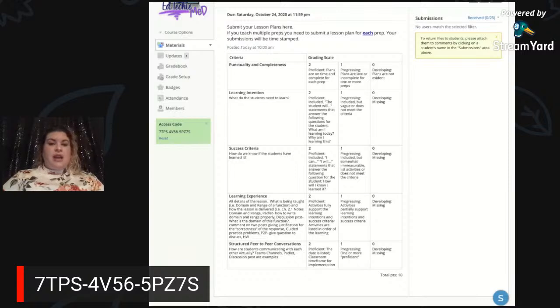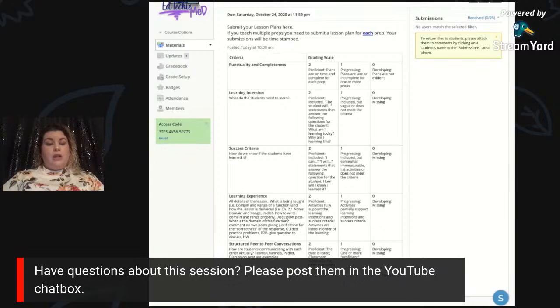Progressing is: it's stated, but it's kind of vague. It's not very clear, meaning that that might be something that needs to be visited within that PLC, or if that teacher is planning on their own, that might be a point for an instructional coach or someone on campus to work with them as they're developing their lesson plans. Because it could mean that the teacher themselves doesn't quite understand how they are connecting their students to their learning.